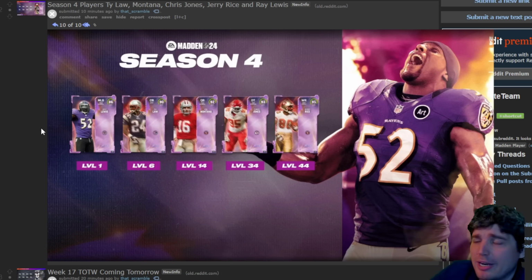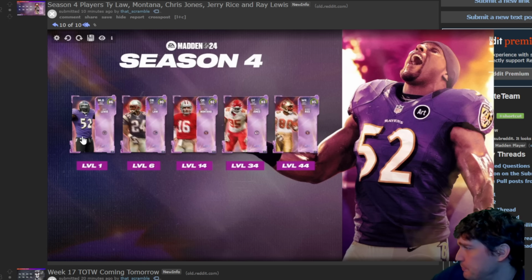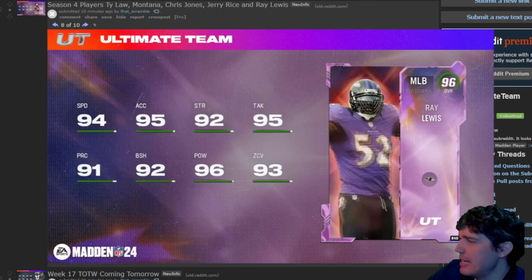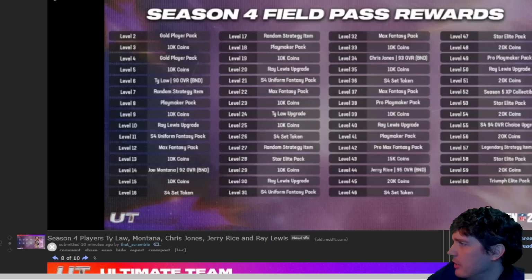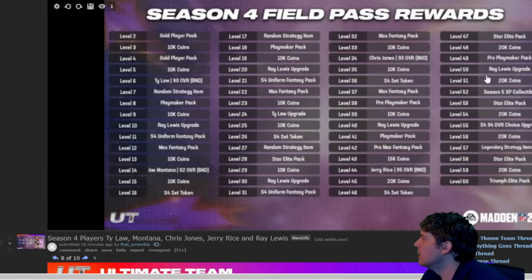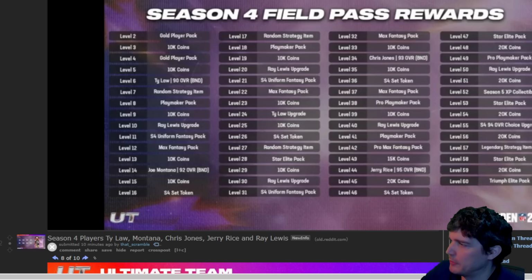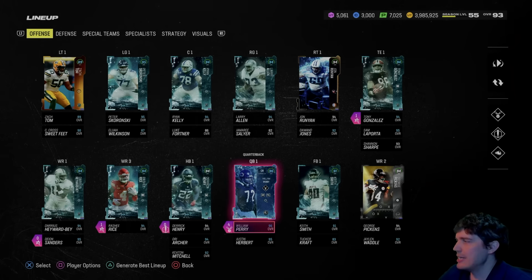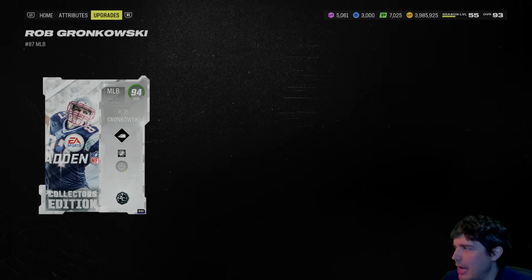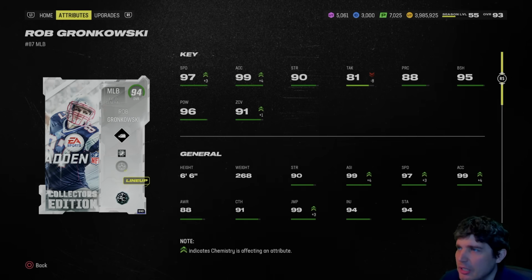But we had a Team of the Week 16 with Pickens, so I'm satisfied. With that said, let's go back to his speed. And like this 96 Ray Lewis, we're going to take a look here in a second. 96 Ray Lewis is going to be gotten at Ray Lewis upgrade level 50. So level 50 for the Ray Lewis, and that's 94 speed. And if I look at my Rob Gronkowski right now and what they've given us, 97